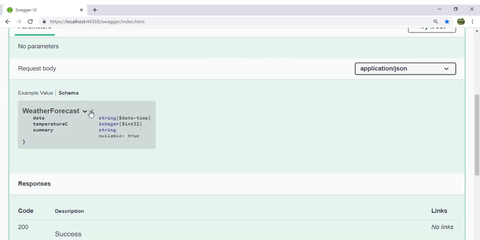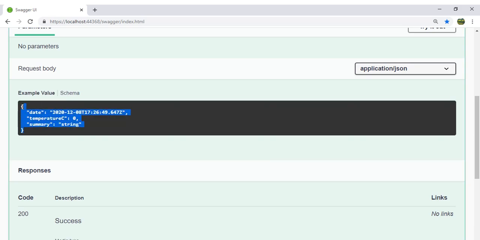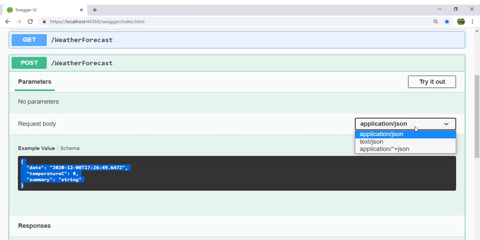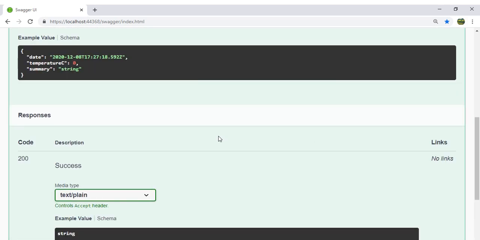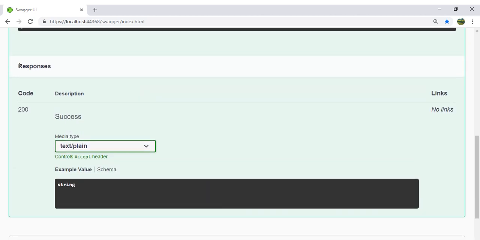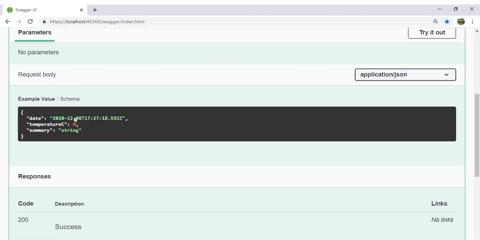So this is the request body the service is expecting, and this is the example data, and application/json is the response. So you can select anything and you can see the response here. And after that, the return value, you can see the response here, and here the request body and response.